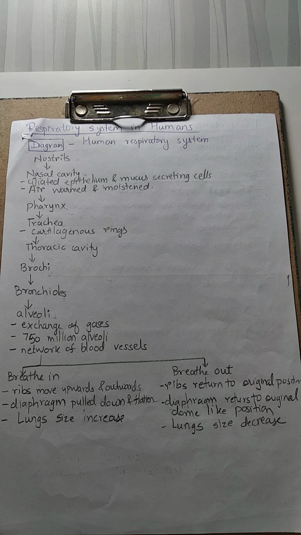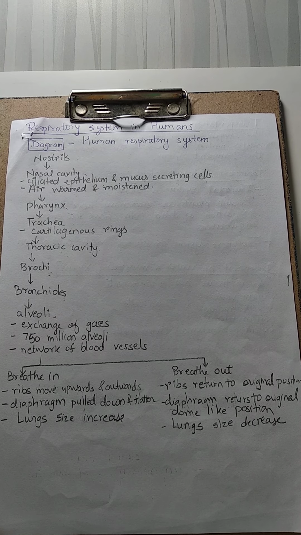Always keep the diagram of human respiratory system in front of you and then study each and every part in detail. So the first part is nostril. What are nostrils? Nostrils are the nasal openings through which air is drawn into nasal cavity. Nostrils से nasal cavity में air pass होती है, right? The nasal passages. अब जो nasal passage है, how is that nasal passage? It is lined by ciliated epithelium.